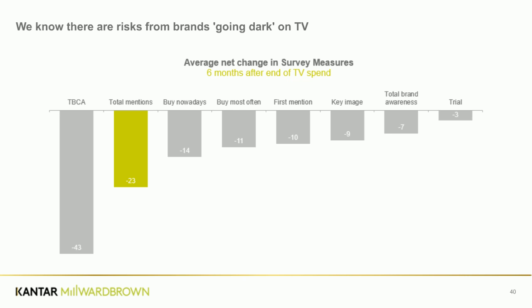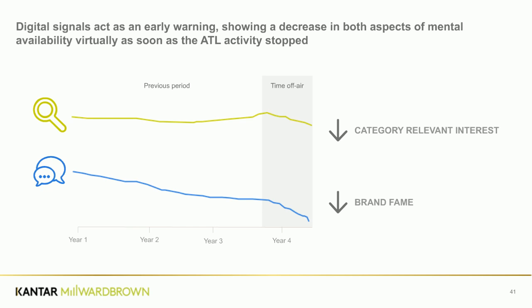So what we wanted to know here was, if we started using these same digital signals, but looking at them in a slightly different way, so looking at the trends in these signals, ignoring the short-term wobbliness and the random spikes that are caused by different news stories occurring, if we looked at the general trend in these signals, does this start to tell us something about how well the brand's salience is holding up after the point that they've gone off air? And I guess the answer is yes, it does.